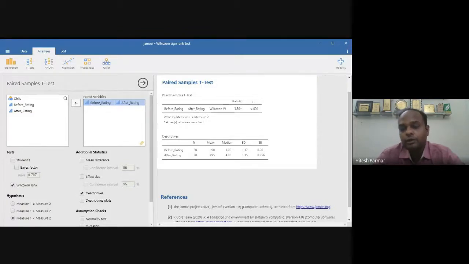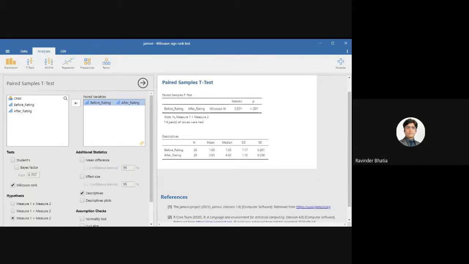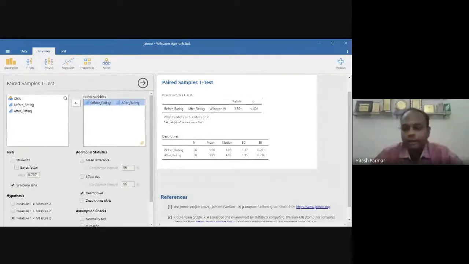Is equal to, is not equal to will be a two tail test. So whenever in your hypothesis you use some directional words, at that time, definitely the test will be a one tail test. I hope the point is clear. Okay, sir. Yes, sir. Okay. Any other question?